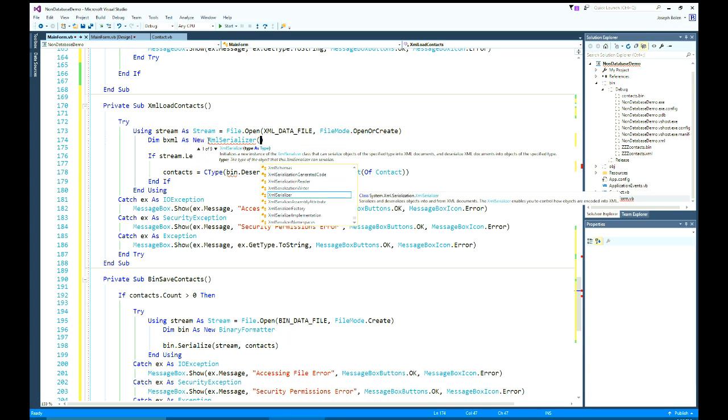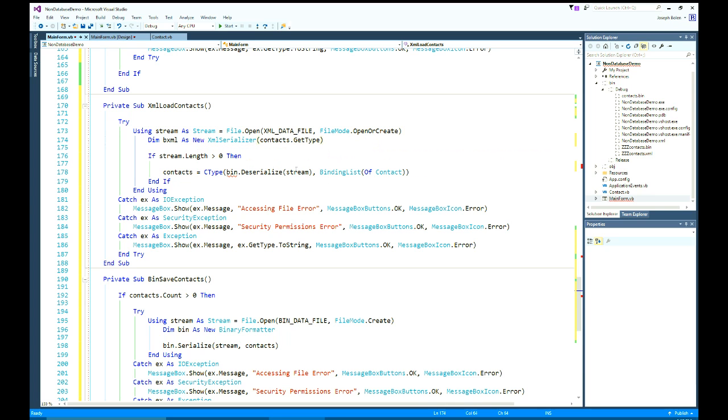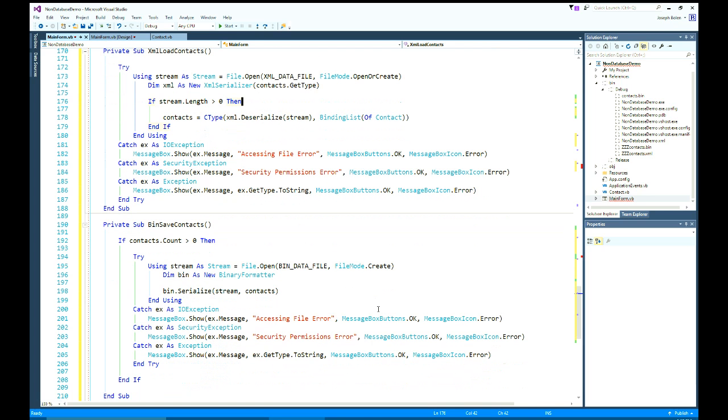Serializer, there it is. And it takes on what it's going to be serializing. In this case, it's serializing the contacts. And we have to do a GetType on that so it knows what type it's working with. Basically, it'll see it as an array on that. And in this case, all we have to do is change this to XML to take care of deserializing our particular stream. Everything else is the same. Then I come down here to our